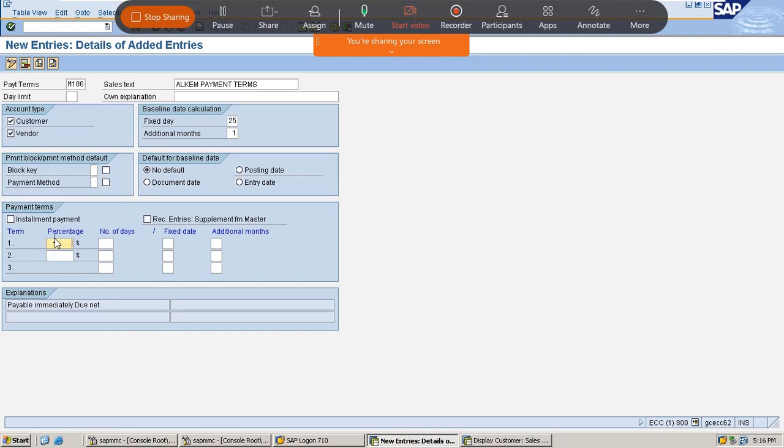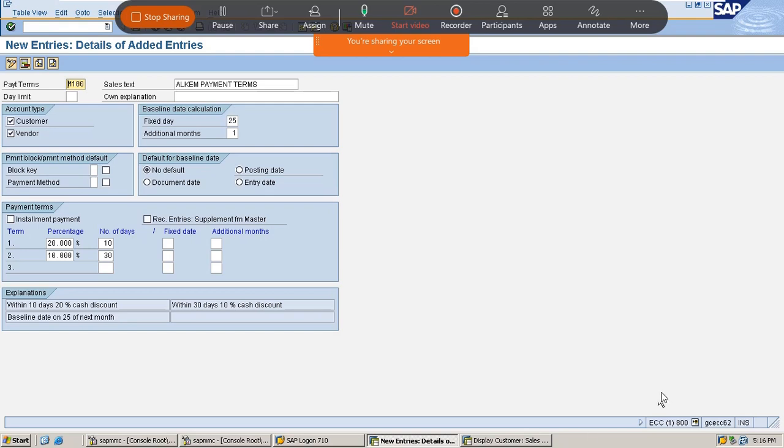See, I'm giving a 10% discount. Okay, 20% discount if the customer makes the payment within 10 days, and 10% discount if the customer makes the payment within 1 month.